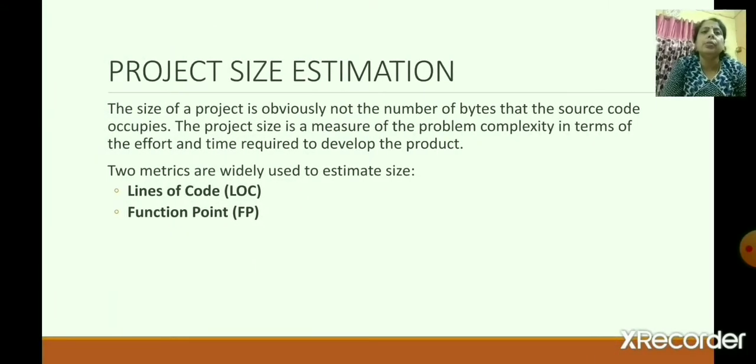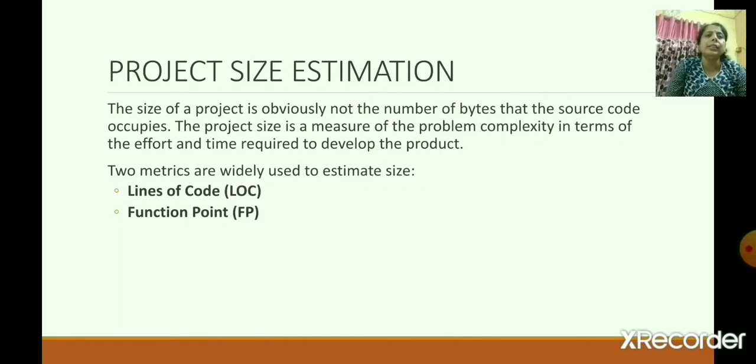Let's start project size estimation. The size of a project is obviously not the number of bytes that the source code occupies. The project size is a measure of the problem complexity in terms of the effort and time required to develop the product.